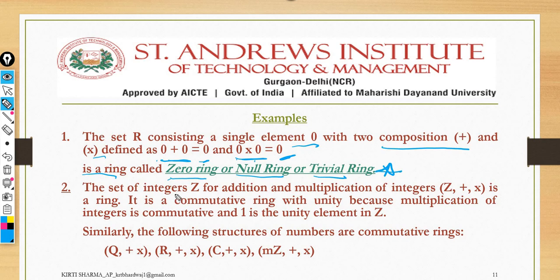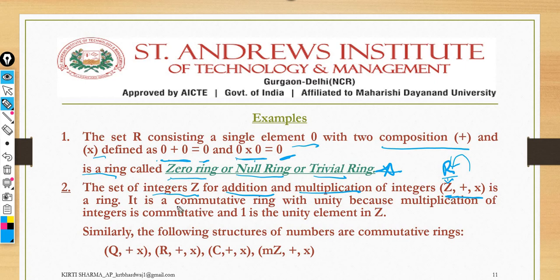Second point, if you have a set of integers with both operations, addition and multiplication. Now I have just exchanged this R set with the set of integers. As we have already seen previously, you take any set and apply a binary operation on it. In the previous lecture we studied one binary operation, now we have two binary operations. We have already studied the definition of a ring, and how to apply these two binary operations on the set. So here the set is the set of integers.